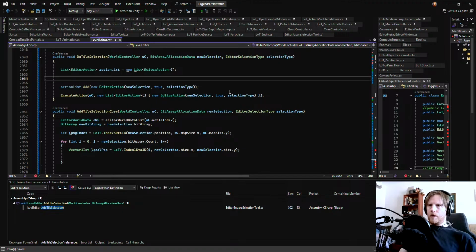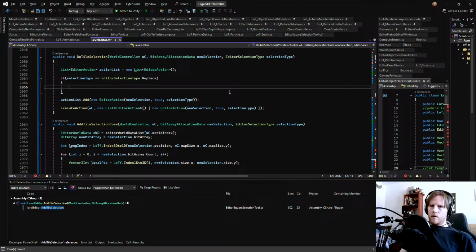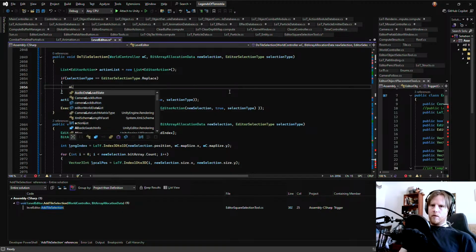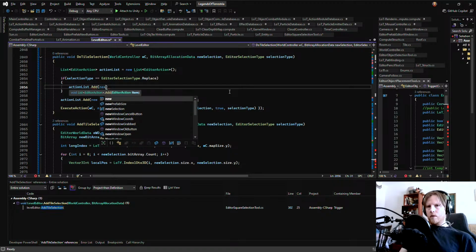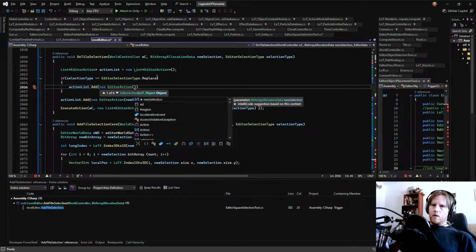But before we do that, it needs to say if selection type equals replace, then we need to say action list dot add new editor action, and which one is clear?